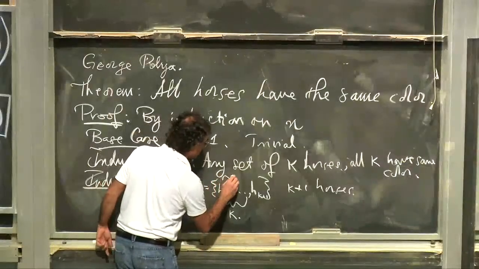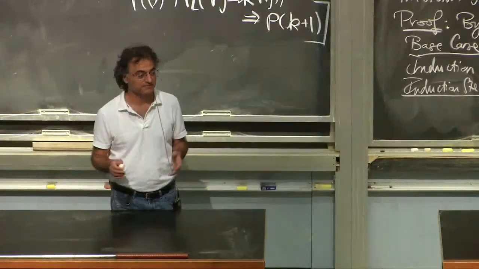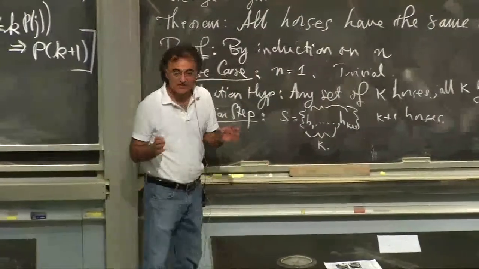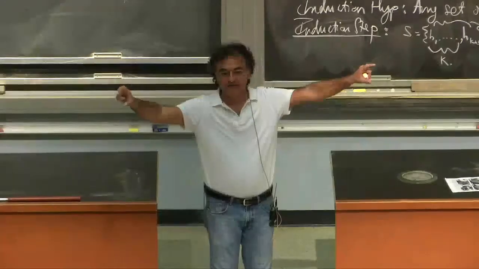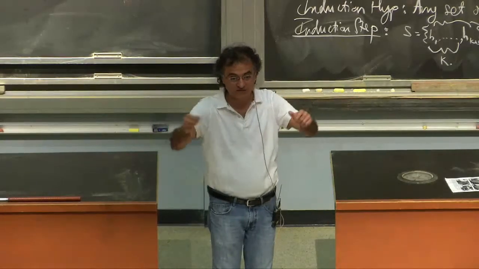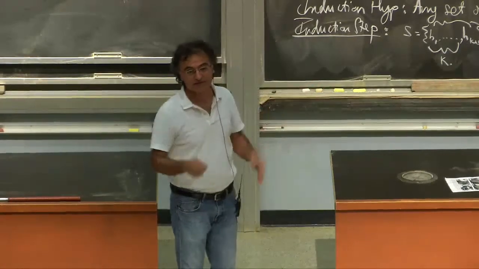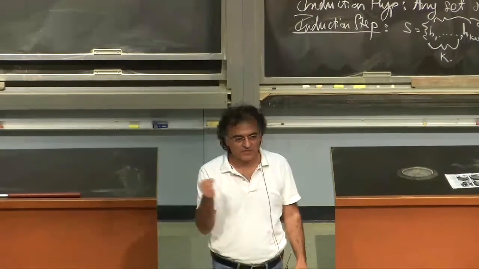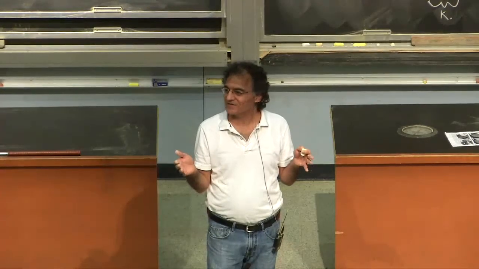Then we look at the last k horses. By the induction hypothesis, they're all the same color. So now, think of it this way. You have these horses all lined up. You have two windows you can look through. Right? You can open either the first window or the second window. You can open the window from this side, and you see the first k horses. And indeed, all k are the same color. Let's say that you can't see the color itself. Okay, can you imagine that? You open the window, you see that they're all the same color, but you have no idea what the color is. How could you do that?